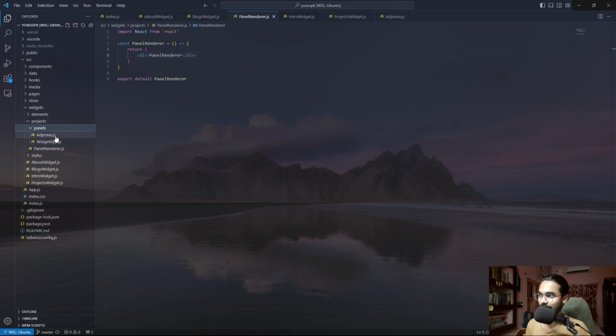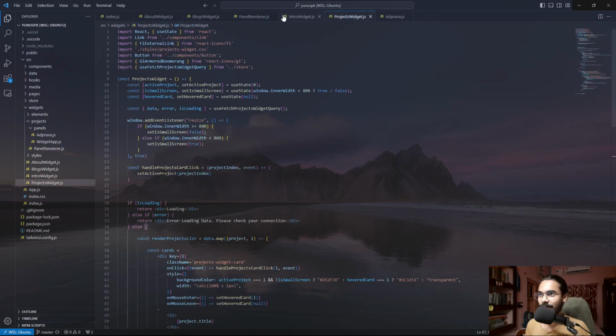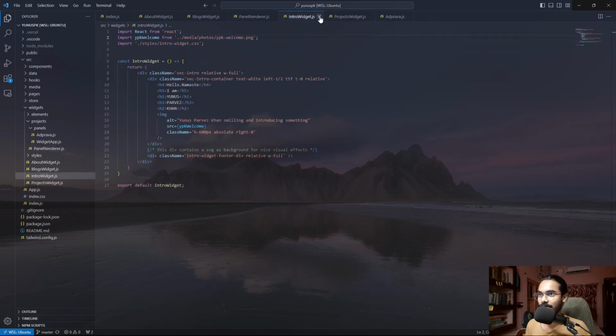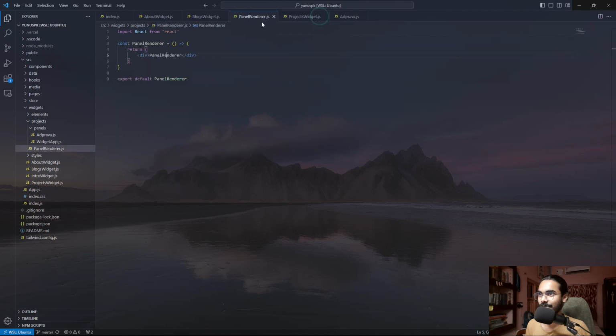So in the src directory I have widgets, and inside widgets I have projects, and inside projects I have panels, and inside panels I have the panels. Cool. So I'm gonna close this intro widget,